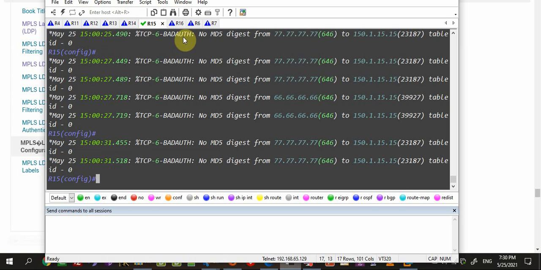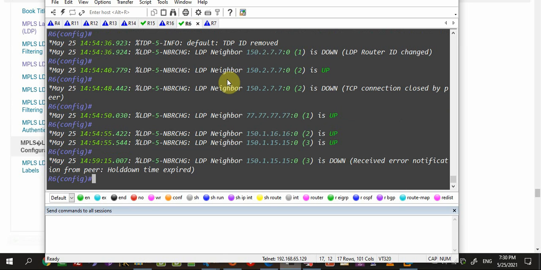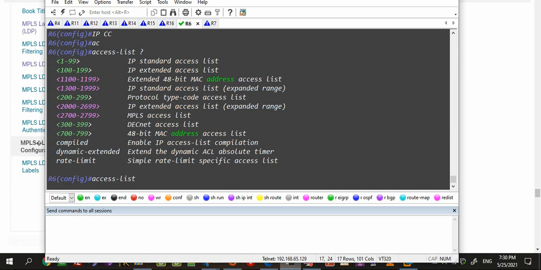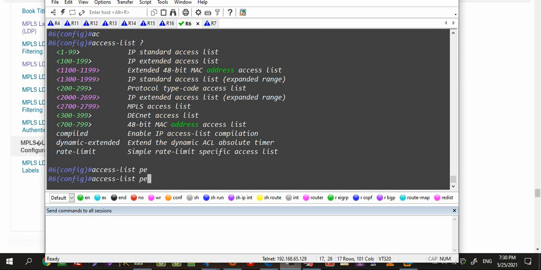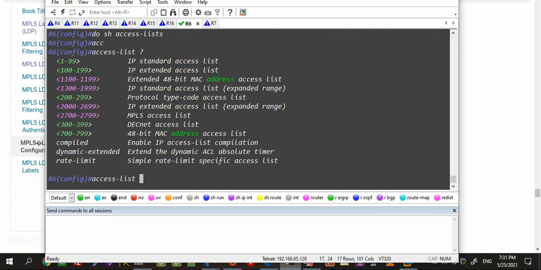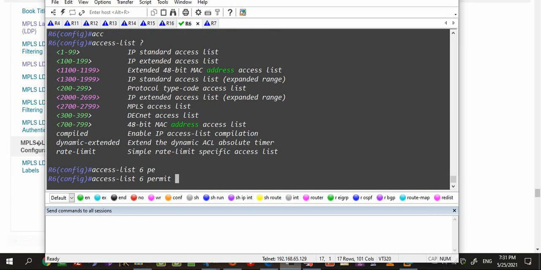Okay, I have to set the hubs as well. IP access list. Let's see if I have any accesses here. Show access list. Okay. Access list 6. This is a standard IP access list. 6 permit